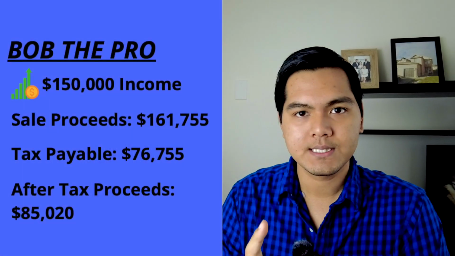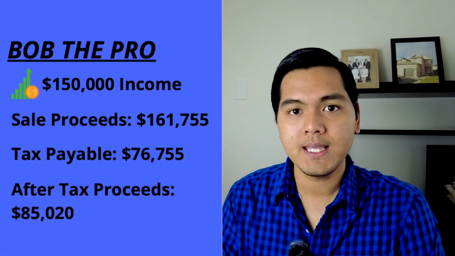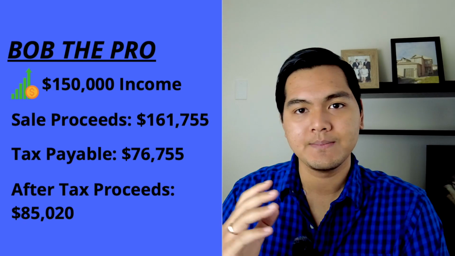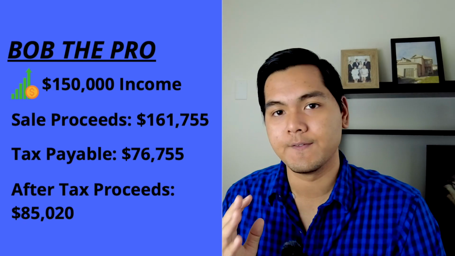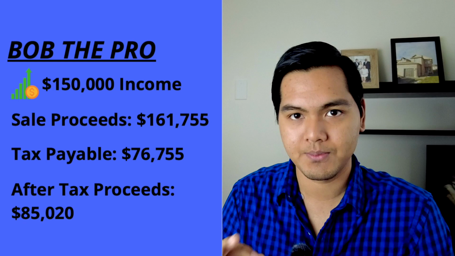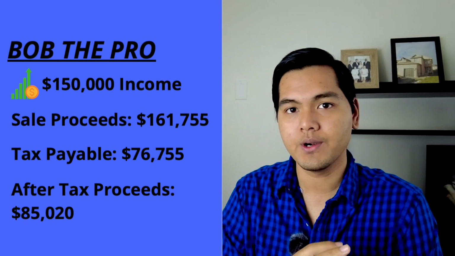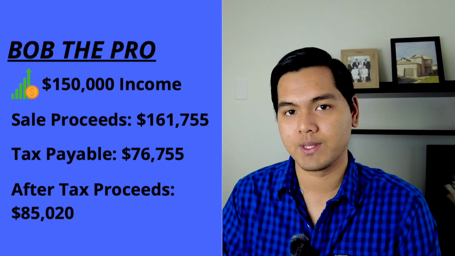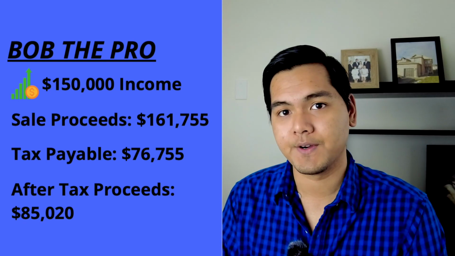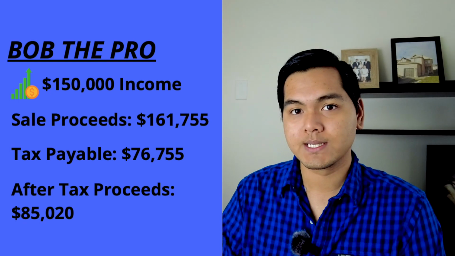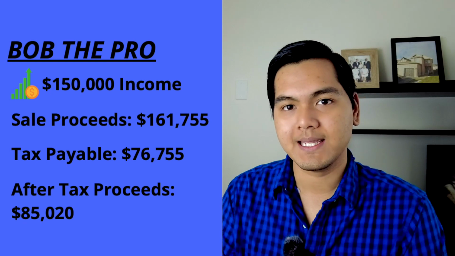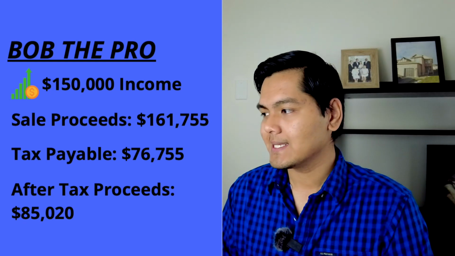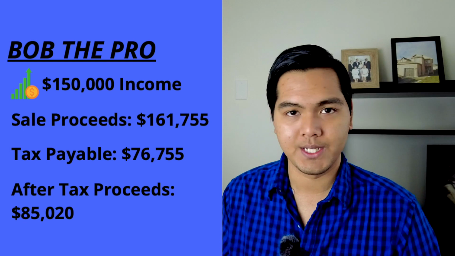So if we go back to Bob the professional, in his scenario, he's making $150,000 of income. He's going to pay that same $76,755 in capital gains tax, like we calculated before, except that he has to pay that from the sale proceeds of $161,775. So as a result, after selling this property in his pocket, he only stands to get about $85,020, which